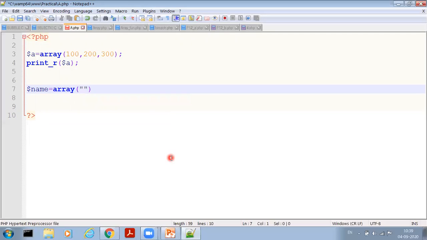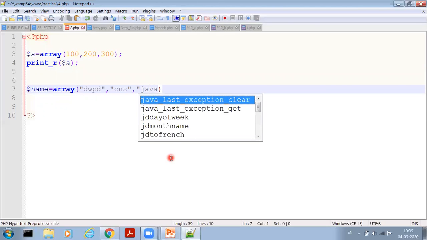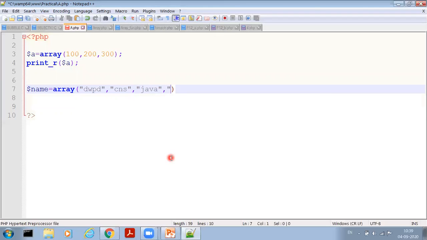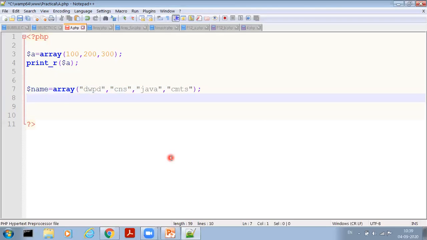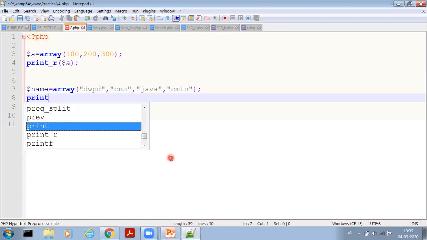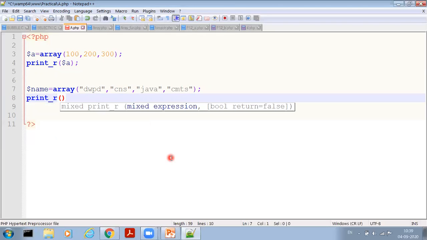So here I write DWPD, then CNS, then Java, then CNT. Okay. Now again print all the subject names using the print underscore r function. So I have to write print underscore r in brackets $name.